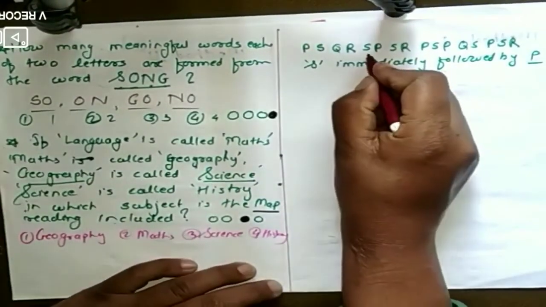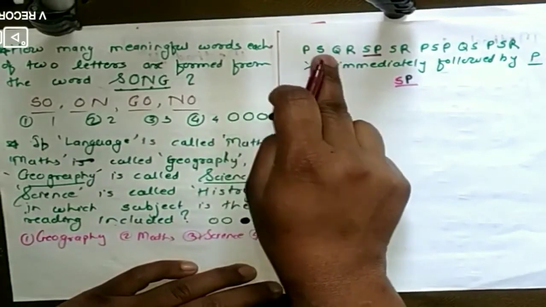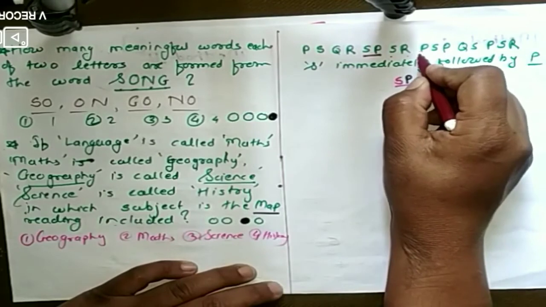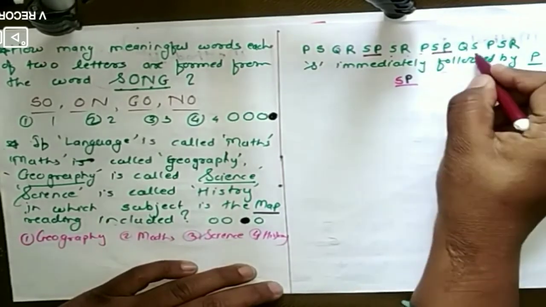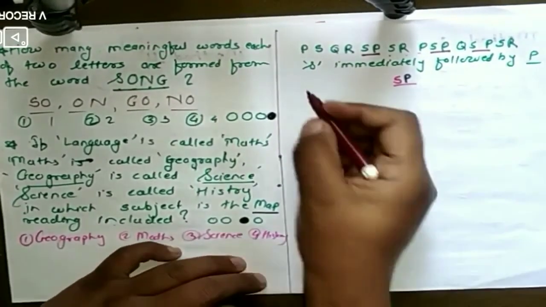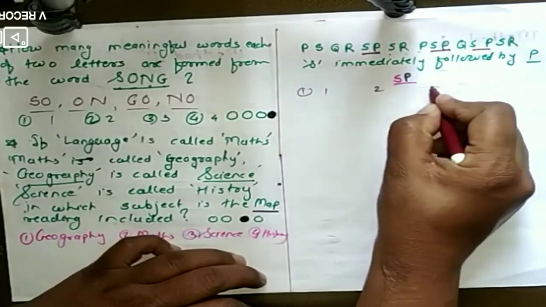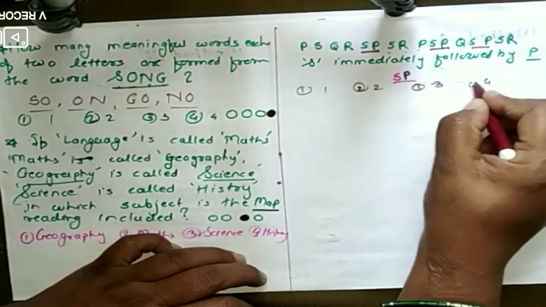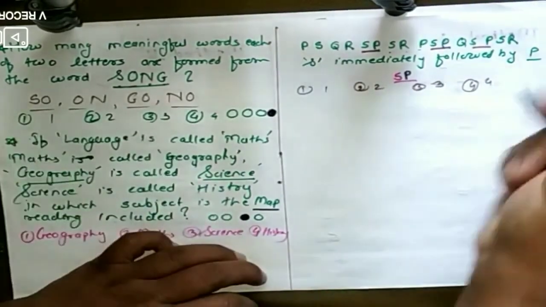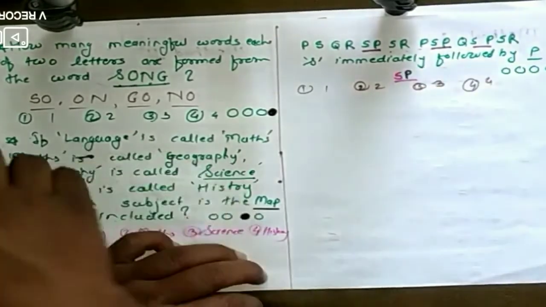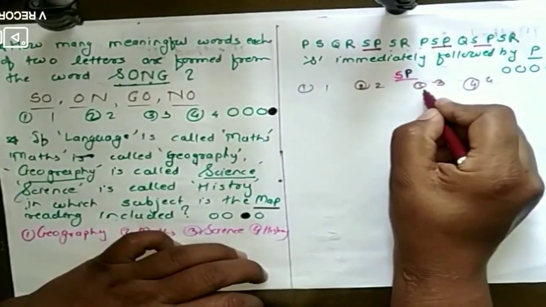So how many times SP came here, I will show you with a different color. Here it is SP. Here P is given, but we have to find the SP series. Here it is also SR, here PS. No, we don't want PS, we want SP. Here is also SP. So how many times did it come here? The options are simply 1, 2, 3, 4. We have to choose the correct one. SP came 1, 2 and 3 times, so we have to circle 3, where it comes in third position.